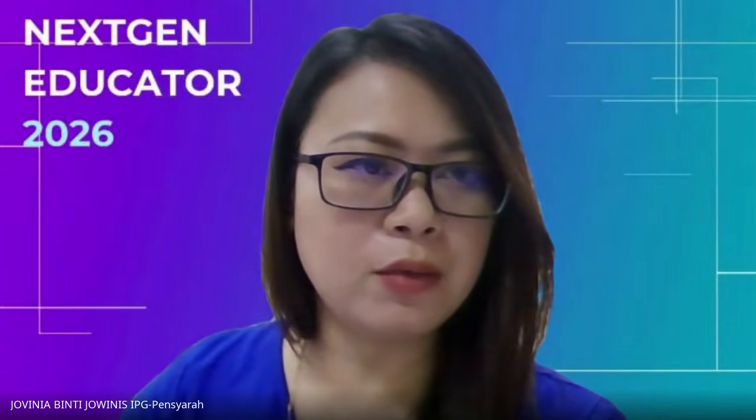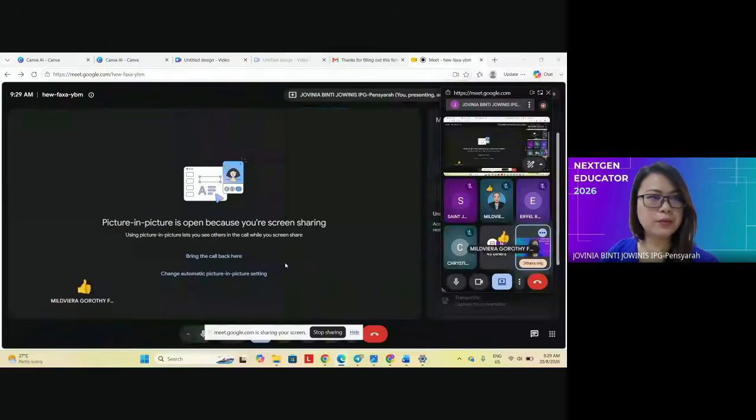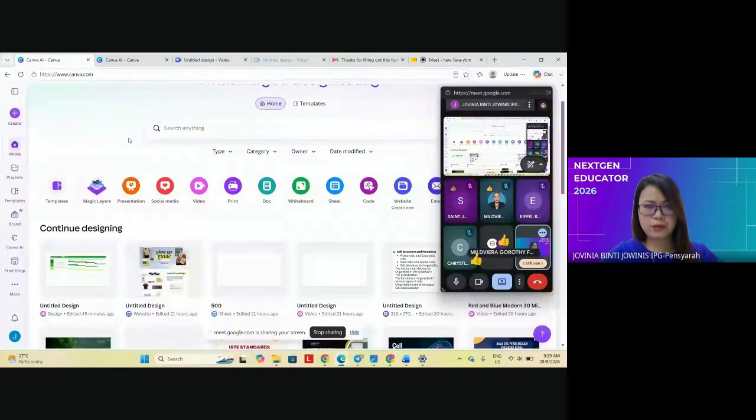Can you share my screen? Can you see my screen? Okay, my voice is also clear. All right. So may I know how many of you have your laptop open and your Canva account open? Okay, so for the thumbs up, I consider you have your laptop and Canva account open. Okay, so for those who are not in front of your laptop, today we are going to create